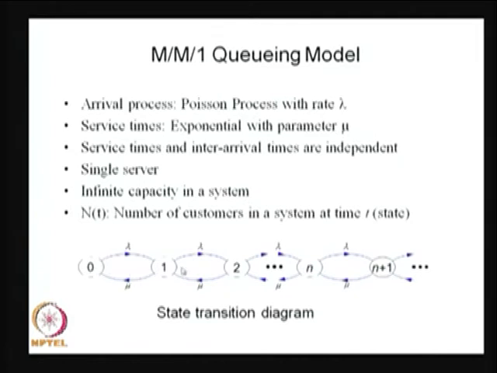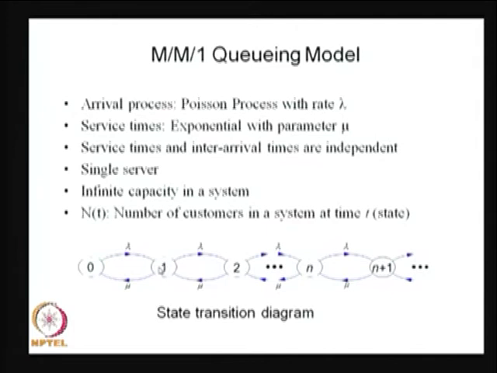The possible states are 0, 1, 2 and so on. These form the nodes, and you try to find out the rate at which the system moves from one state to another. Since it is an M/M/1 queuing model, whenever the system is in state 0, by the exponentially distributed inter-arrival time, the number of customers in the system will be incremented by 1. Therefore, that rate will be lambda. The system moving from state 0 to 1 spends an exponentially distributed amount of time here before moving into state 1.